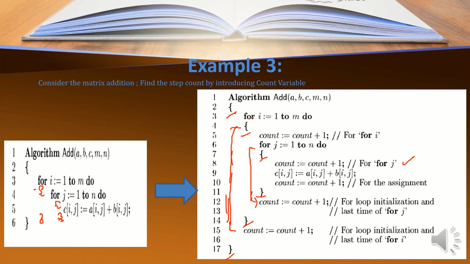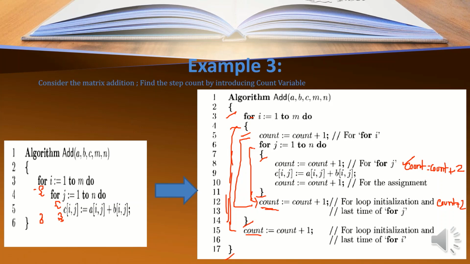Okay. Next, now I will simplify this. Simplify in the sense, within this for loop, how many count will have a value count equal to count plus 2. That means it will execute 2 steps at a time inside the for loop. Next, here inside this for loop, again count equal to count plus 2. This count and this count will be added up. Next, finally count equal to count plus 1.